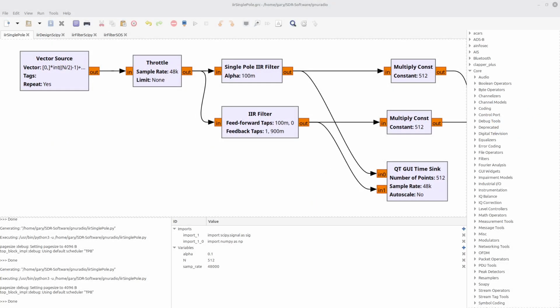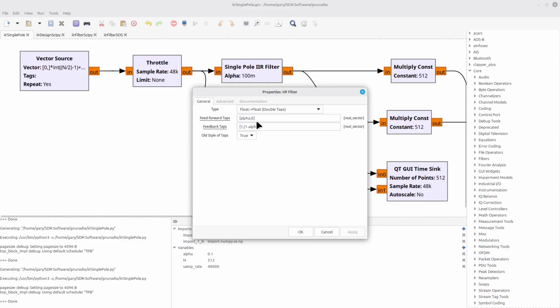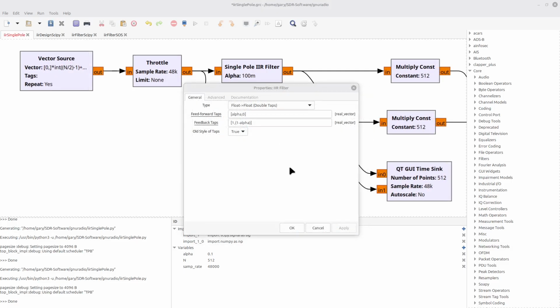Which leads us to the other block that GNU Radio provides, the appropriately named IIR filter block. The IIR filter block allows you to create your own IIR filter. This block does nothing more than implement whatever filter tap values you wish. If you look at the properties, there are 2 entries listed. These are the feed-forward taps and the feedback taps. Again, just remember that the feed-forward are the B taps and the feedback are the A taps. This is going to be important later on when you're actually trying to do the calculations, either through other programs or doing it yourself. For example, you can use it to create the single-pole IIR filter by using these particular values. But a more useful filter requires more taps.